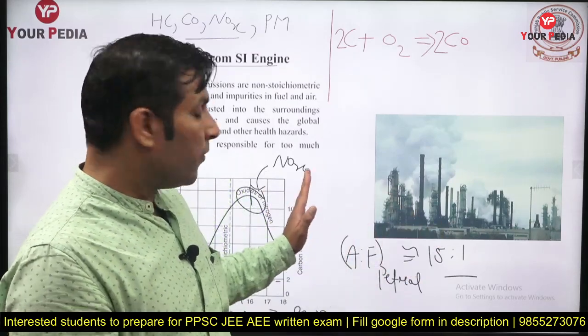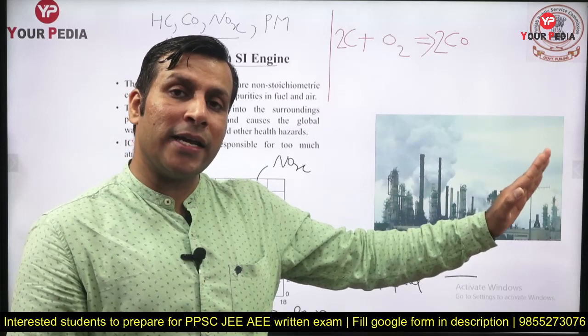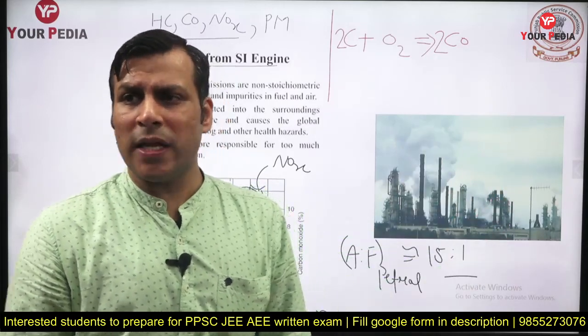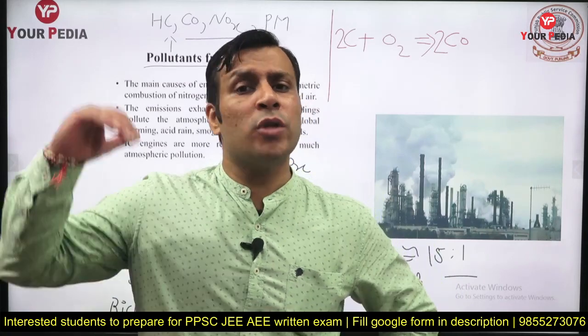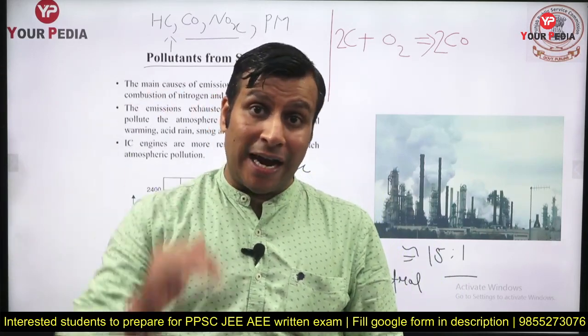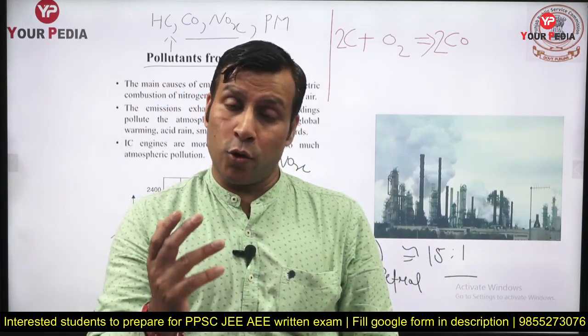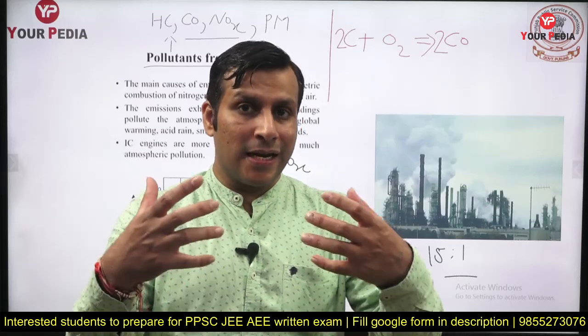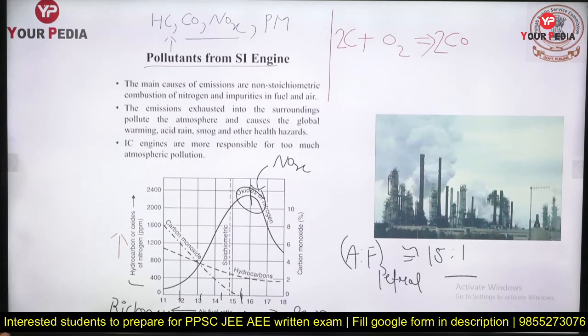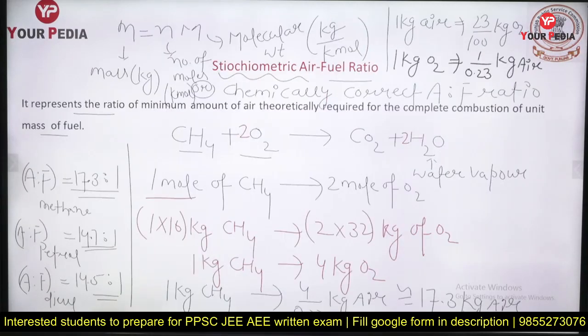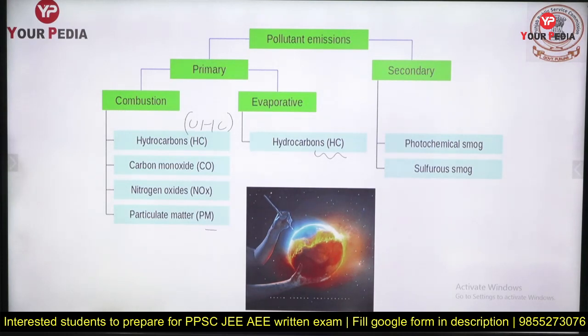They form when there is nitrogen and excess air, combining at a very high temperature. Usually the temperature required is in the range of 1380 to 1480 degrees Celsius. So if that much high temperature is there in the engine, close to 1400 degrees Celsius, then nitrogen and oxygen are going to combine and form nitrous oxide. Fine, guys. So I hope these three or four types of primary pollutant emissions are very much clear to you.